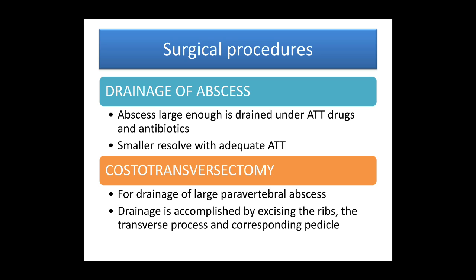Now once that's done, whatever pus, granulation tissue and anything which is anterior to the anterior part of the vertebral column would be drained. So this is basically an indirect procedure for draining the cord. Basically the cord is not addressed here. Here basically when you have a large pus, abscess, granulation tissue which is in the anterolateral aspect of the vertebral body, not the anterolateral aspect of the spine.